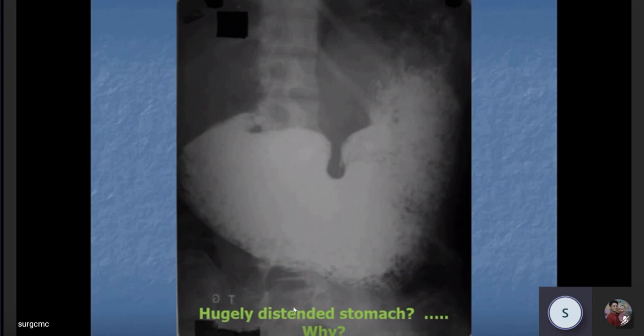Hypertrophic pyloric stenosis is a pediatric disease, number one. Number two, the pyloric obstruction in adults, the two most commonest causes we encounter are, first, gastric carcinoma, and that is chronic duodenal ulcer leading to pyloric stenosis. So these two are the commonest cause, either malignancy or pyloric stenosis because of chronic duodenal ulcer. Now, from a barium study, I cannot really comment whether it is a malignancy or a pyloric stenosis. To rule out that, I need to do an upper GI endoscopy. From the barium, I can identify where the problem is, but I cannot exactly identify the cause of the problem in this particular point. Okay.